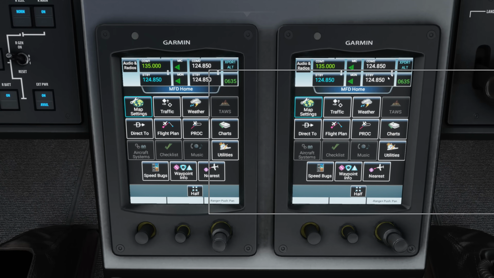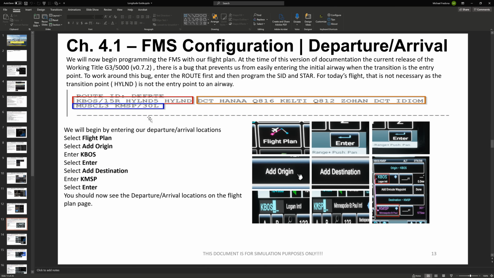Okay, to enter in the flight plan, first let's take a look at it real fast, because there's a couple things you want to be aware of. In this current version of the G3000 update by Working Title, if you have a transition point, so here is our SID, standard instrument departure, and then we use the Highland transition. If the Highland transition was also the entry point, for example, this airway here, so direct to Hannah was missing,